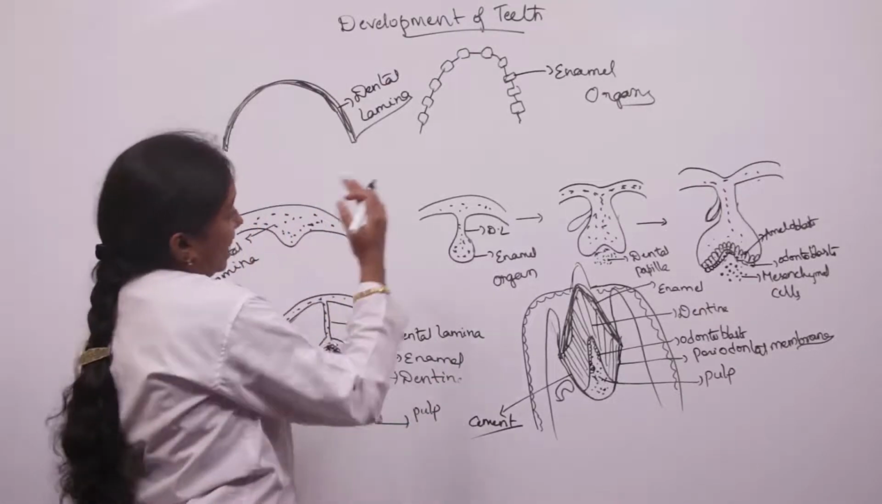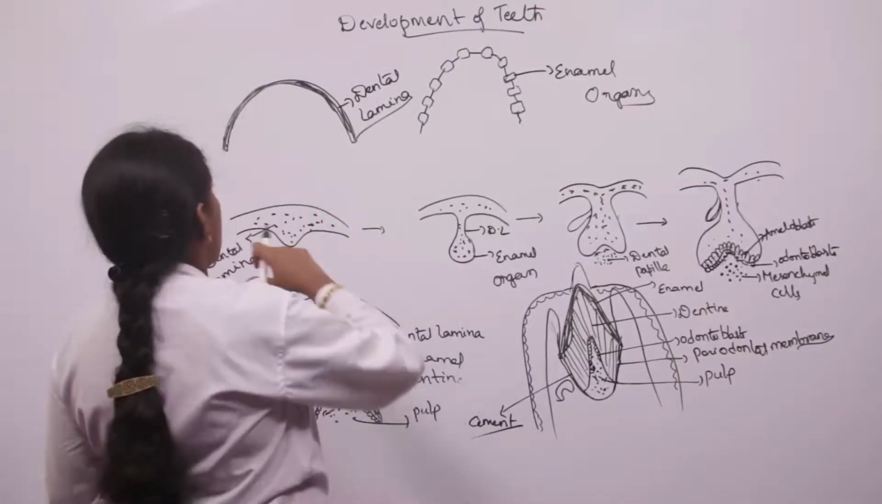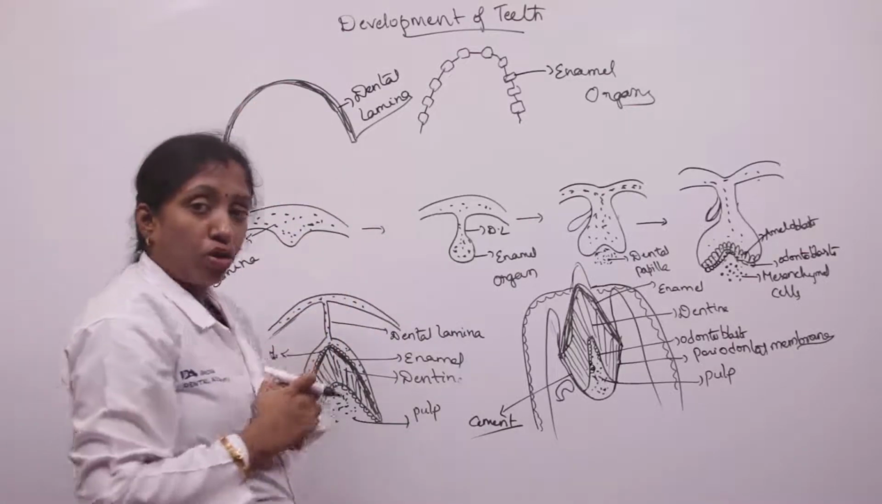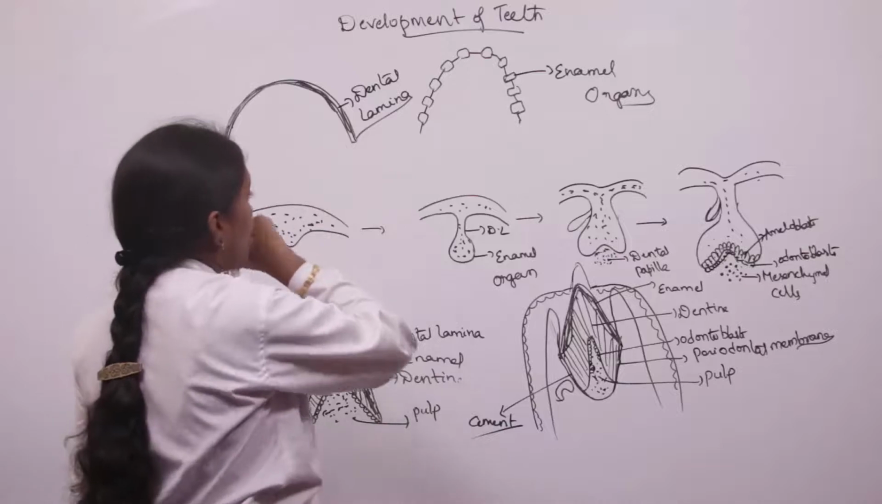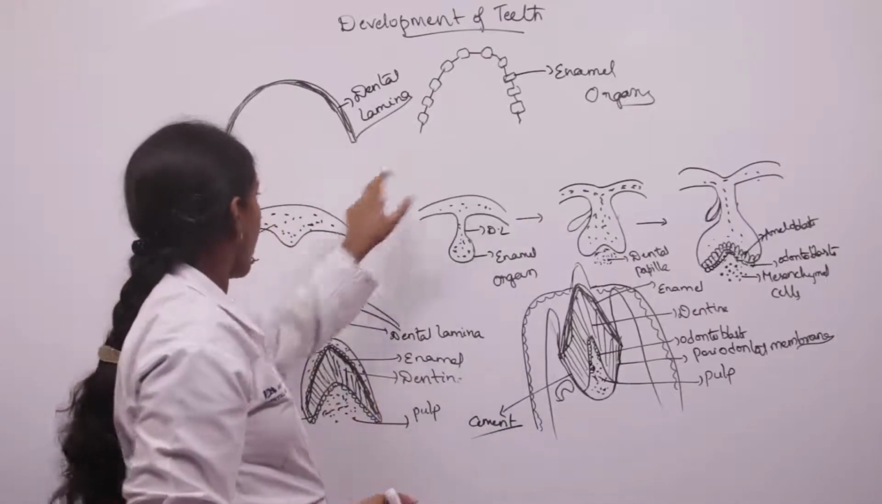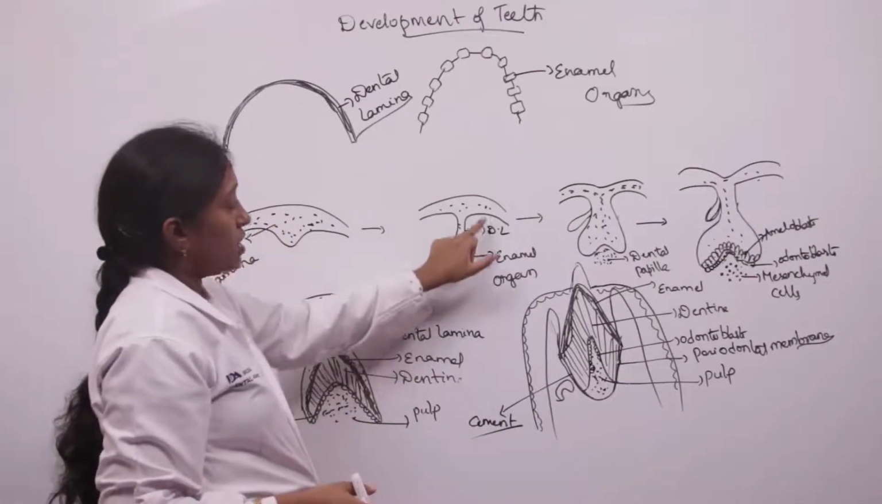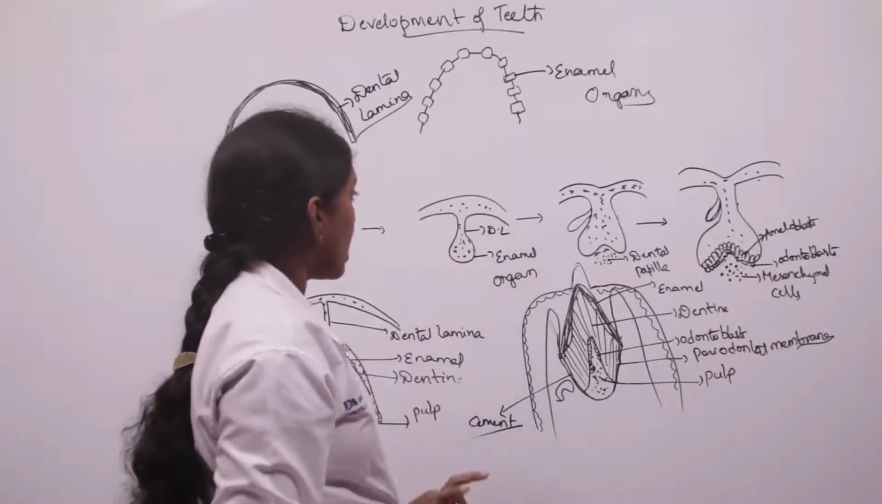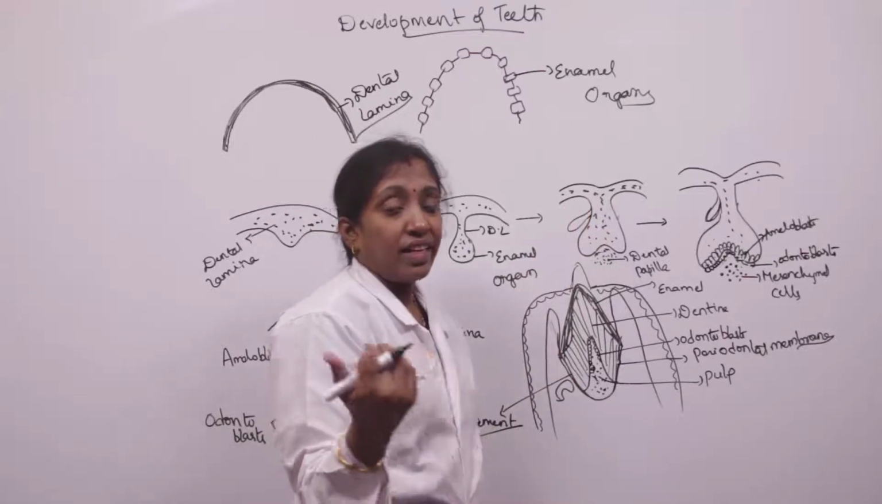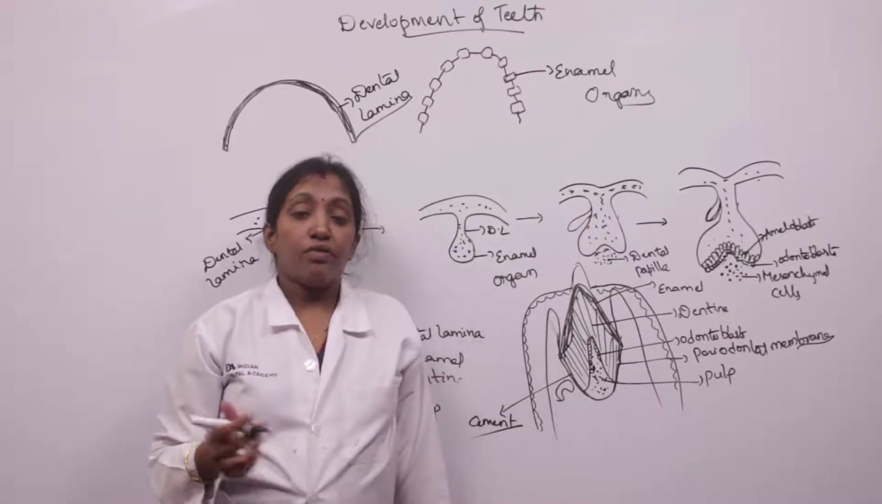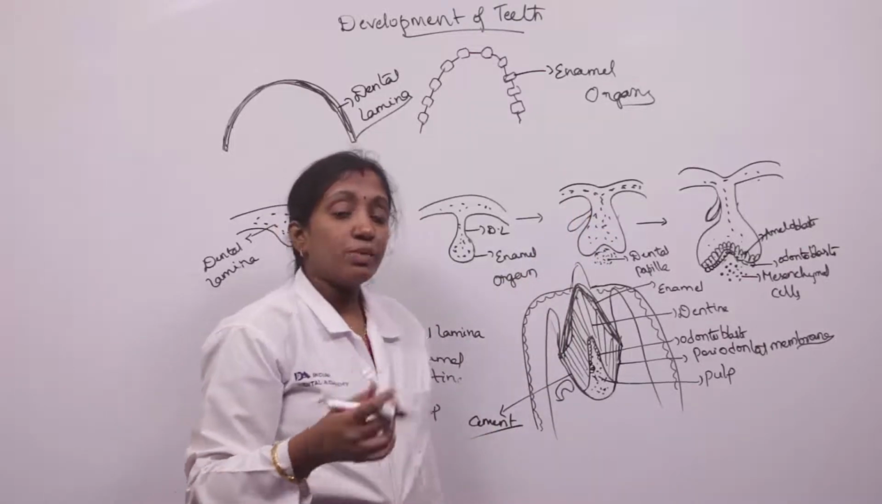So this is the development of tooth. First the epithelium of the alveolar process gets thickened and forms the dental lamina, and this dental lamina shows some localized thickness called enamel organs. From the lateral sides of the dental lamina, buds arise, and these buds give rise to